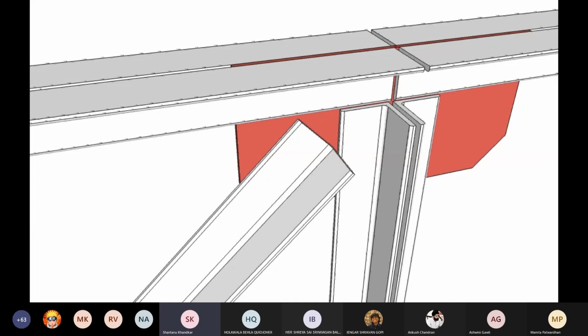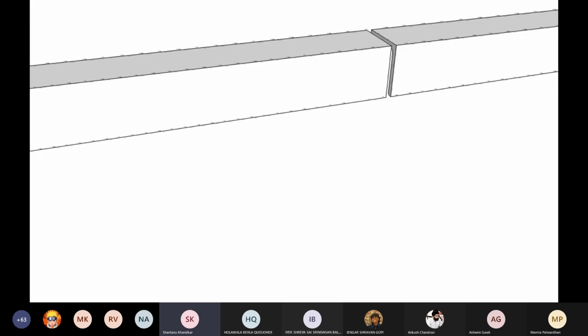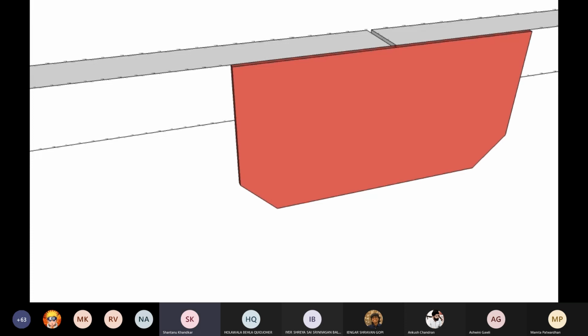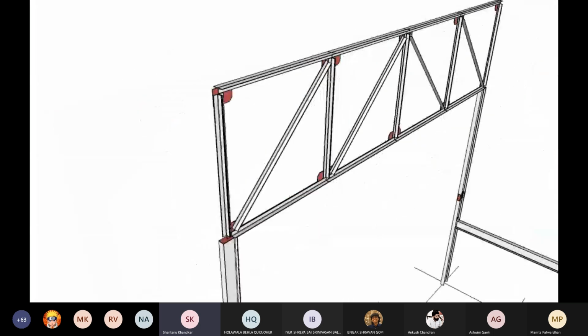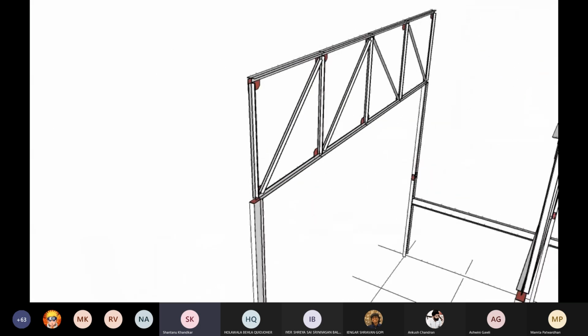Now here they are all welded connections. So you have this, and the gusset plate comes in. Then the other members come in and attach to the same gusset plate, and you can see how this structure is getting formed. There are ways of doing that. Obviously, you would have the whole lattice girder being formed at ground level itself, and then hoisted into place and placed on top of the column.